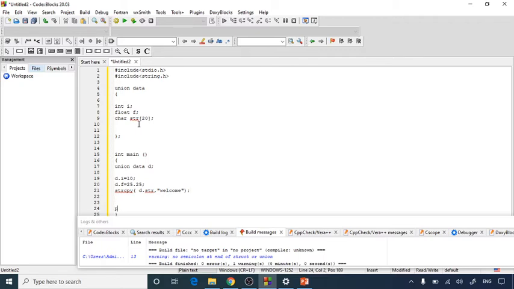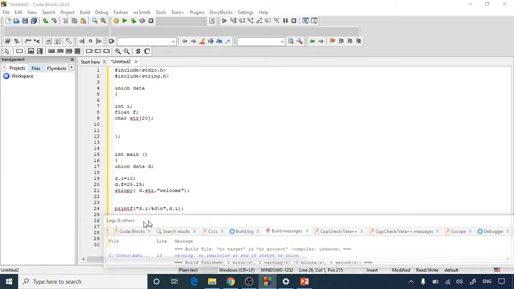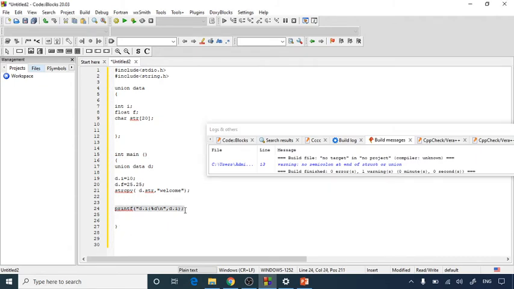Now we are going to print the same. So I'm going to write printf, and inside that first of all d.i. So d.i is my first member. d.i uses the format specifier %d because it's an integer value, so "%d", comma, d.i, because it's the value. Then I'm going to copy this line for the remaining two using Ctrl+C and Ctrl+V. First it's d.i, which is done, the integer value.